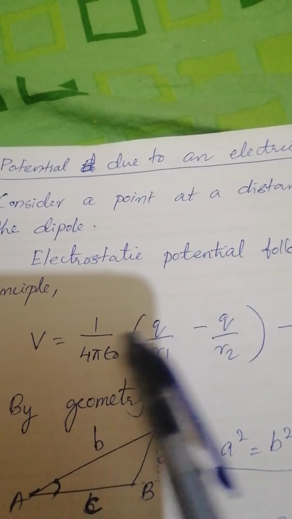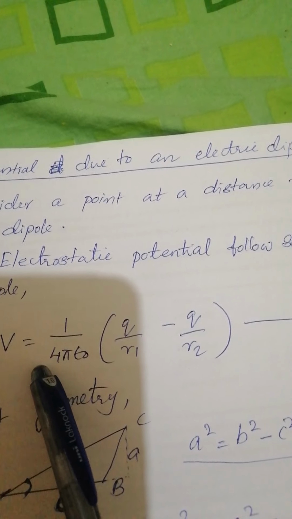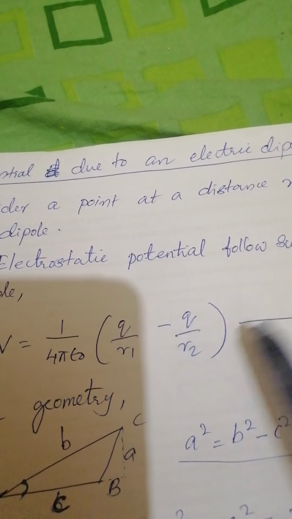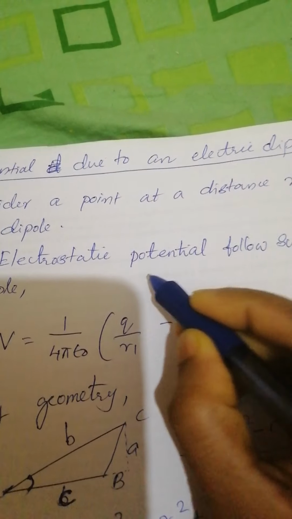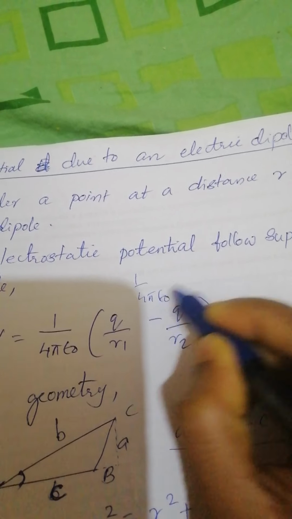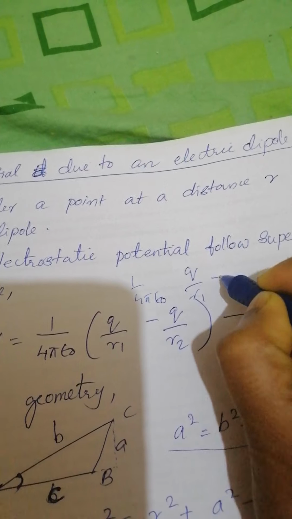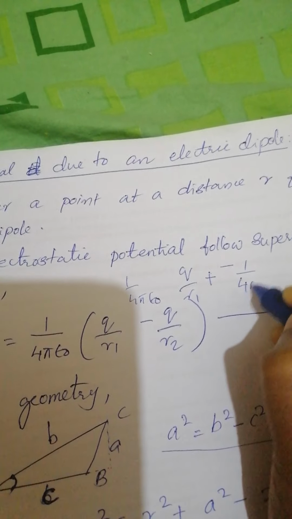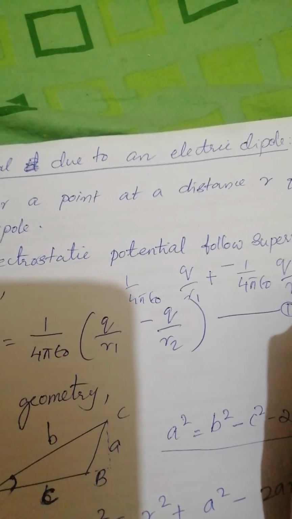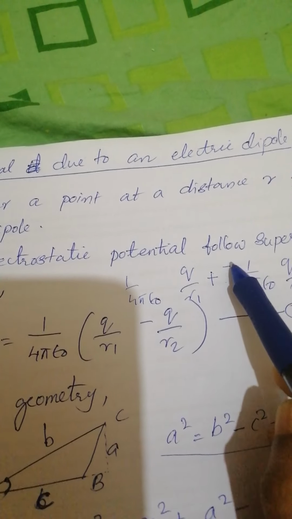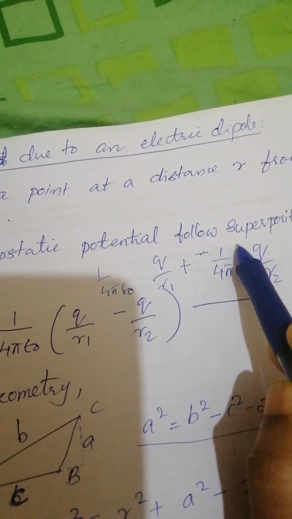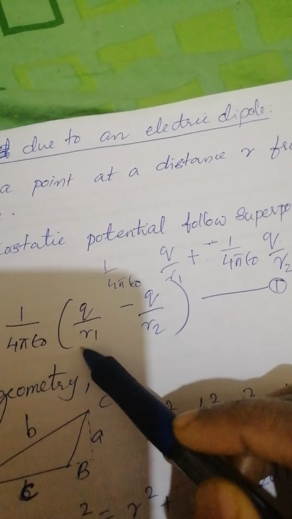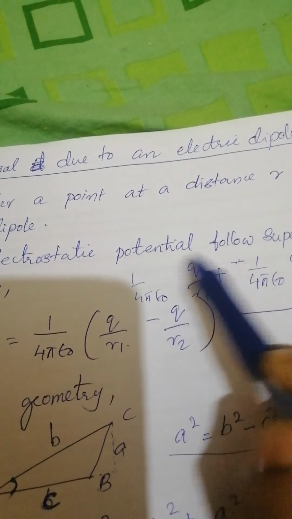So we can write the potential is the sum of two potentials due to plus q and minus q. That is 1 by 4 pi epsilon 0 q by r1 minus 1 by 4 pi epsilon 0 q by r2. This minus is because of the negative value of this charge. That's why this equation comes,